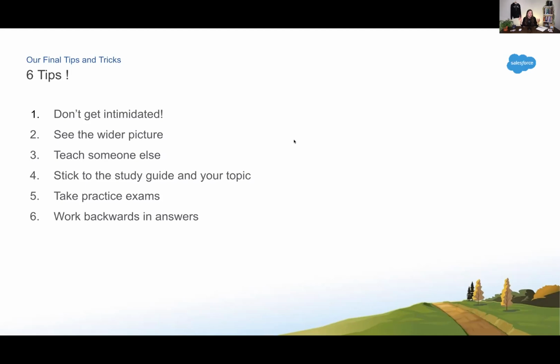Number five is do the practice exams. We've already talked about this, so I'm not going to talk about it again too much, but please just do them. It's going to save you a whole lot of trouble. And finally, when you're in the actual exam, it's a really good strategy to work backwards when answering questions. So eliminate the answers that you know to be wrong. You can usually narrow it down to the final two, which can be pretty difficult to choose between, but then you can make your choice. You can always go back to questions at the end of the exam as well and review them before submitting it finally.